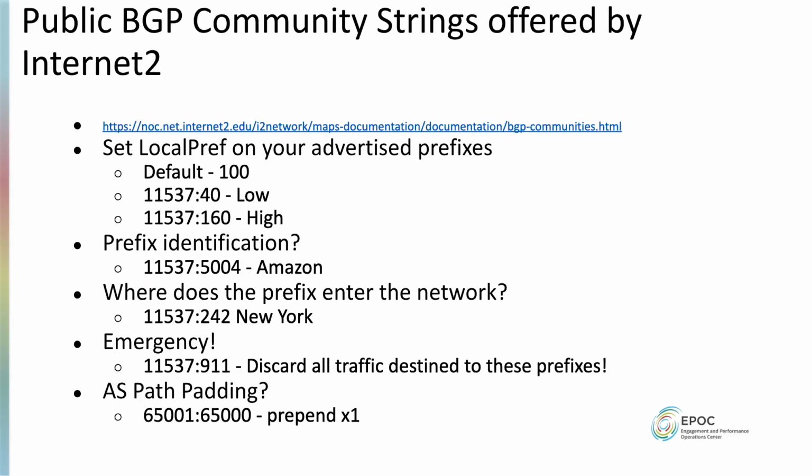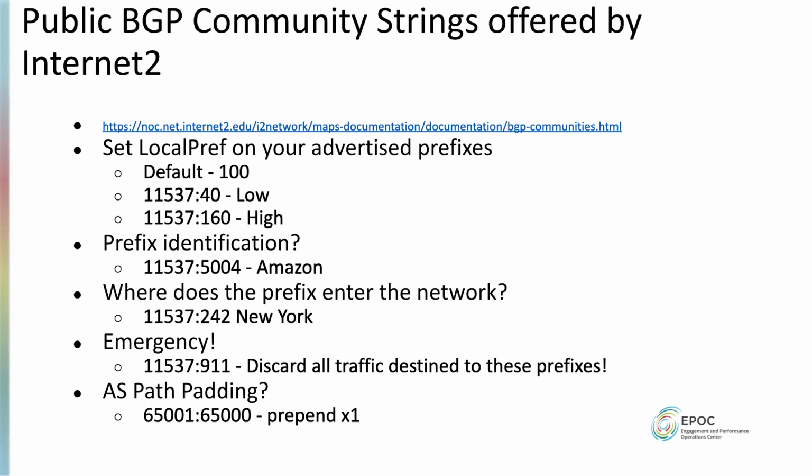Looking quickly here at Internet2's public BGP strings, you can see there's quite a number of different things that they offer. And actually, this is just some of the ones that I thought were more interesting. There's a much longer list. As you can see, as we've talked about, they allow you to change your local pref. They default everything to a local pref of 100. But if you send them that prefix or that community string on your prefix, they will change your local pref